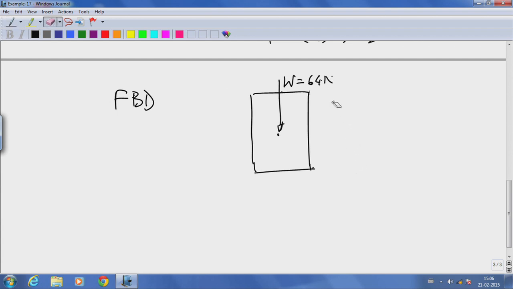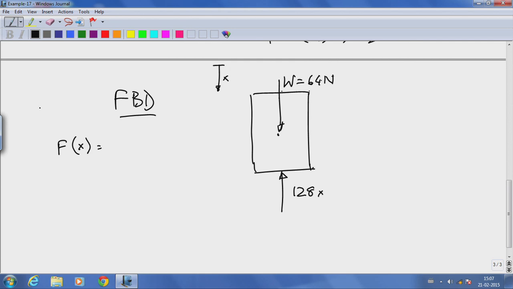The weight is acting on this body, that is magnitude 64 newtons. At any x location, the force acting on this is 128 x and it is opposite. Okay, there are no other forces acting on this body. So, at any given instant of time or at any given x location, the sum total force acting on this body